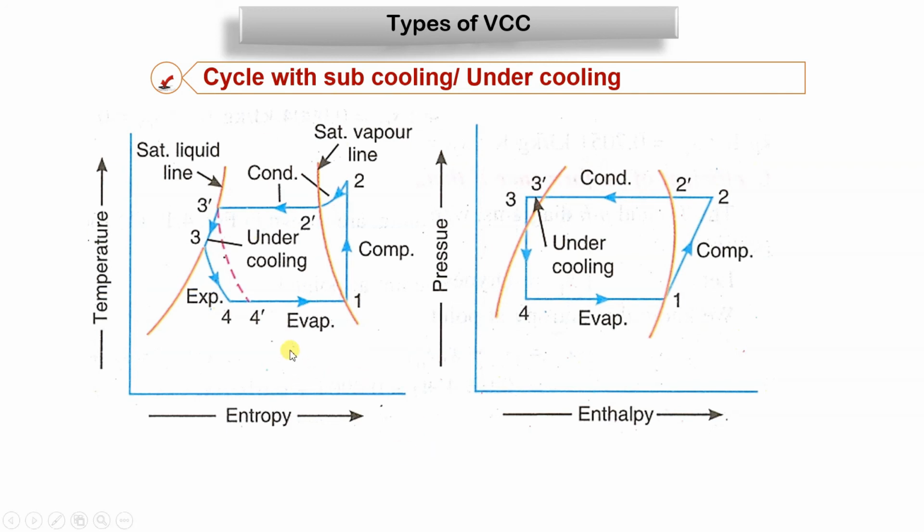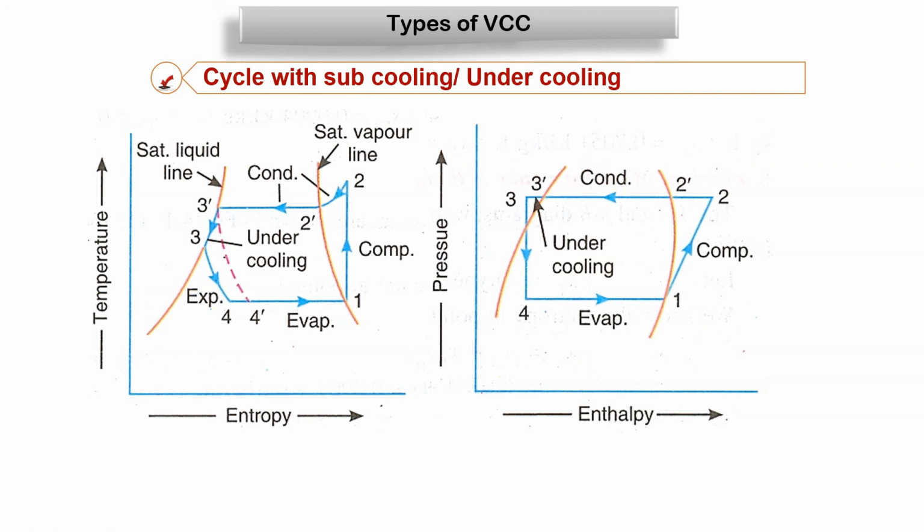One more thing: in the Bell-Coleman cycle, we had a refrigerator, where whatever heat the air was taking from the refrigerator was sensible heat. Again here in the vapor compression system, at point 4 we have liquid plus vapor, and that refrigerant is taking latent heat. Why? Because it is in which dome? Vapor dome at point 4. So 4 to 1, it is taking latent heat. That is why here we have written evaporator and condenser, because there is phase change.